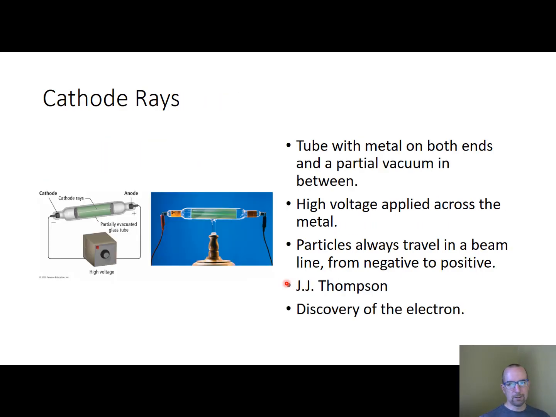So something a little more fundamental was cathode rays, and J.J. Thomson is credited with doing some of the work that was here. And in his experiment with cathode rays, what he had was this partially evacuated tube. So there is a kind of a vacuum in here. There's metal on this side, metal on that side. And then he ran a high voltage across it so that one side became negative, the other side became positive. And what he noticed is that there was always a beam that would travel in a straight line from the negative end to the positive end.